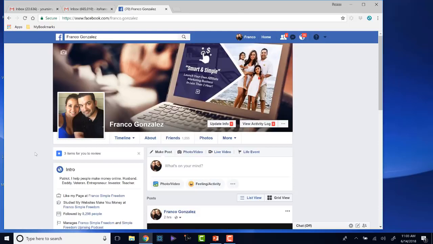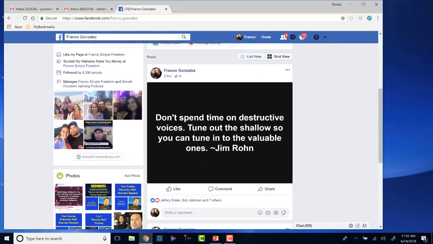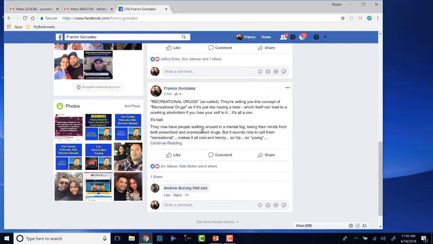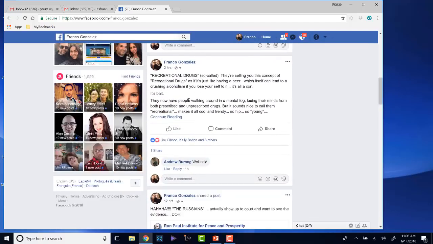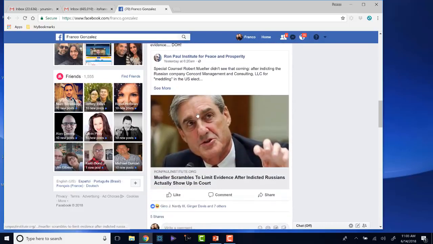Okay. The other thing now is your posting, right? We talked about engaging, but now what about my own posting? Well, you can see about every 7 to 10 posts, I'll post just regular stuff, right? Here's a quote from Jim Rohn. Here's a quote about just something I feel passionate about. You can do that, right? There it is there. Here is some news stories that I'm sharing, right?